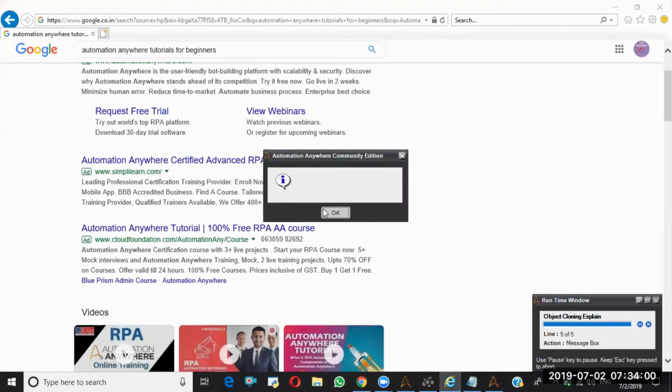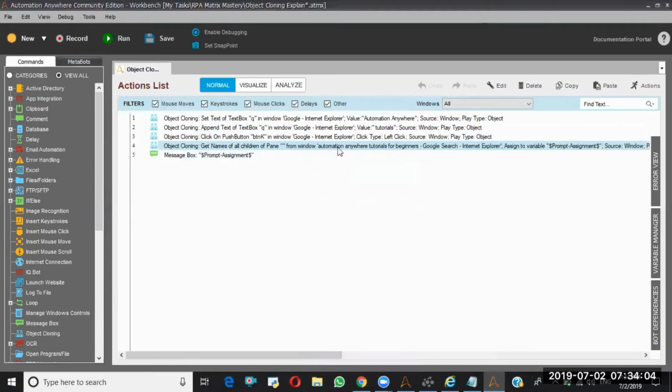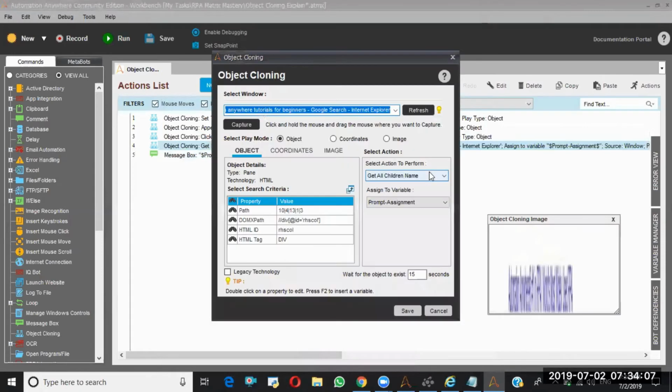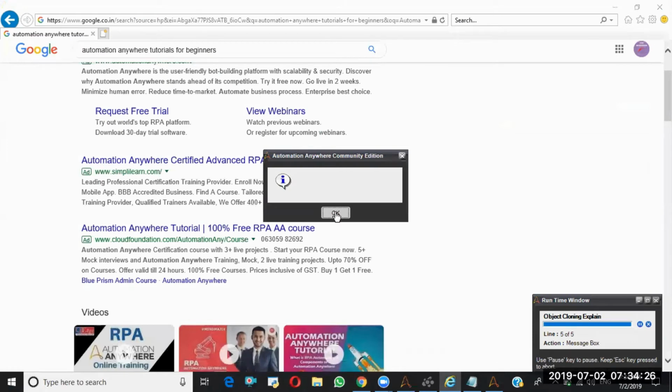So it is not giving anything. So it doesn't have any name. So let me try get all children values, assigning to prompt assignment. This is also not giving anything.